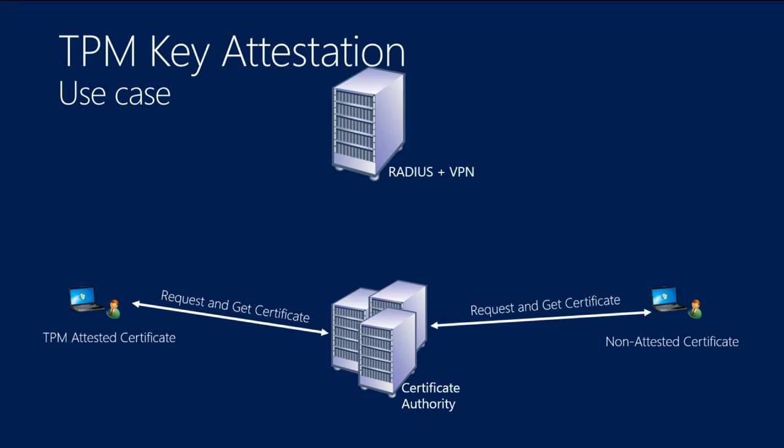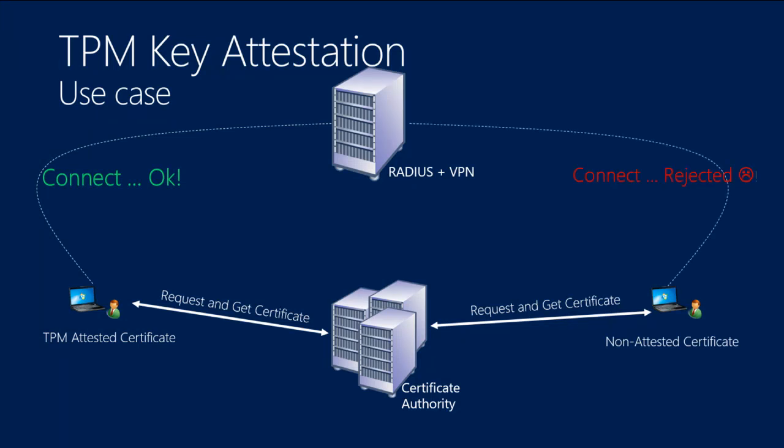What happened after that, the RADIUS server has a policy to look at those specific OIDs that we added to the certificate. And the RADIUS server that will grant access to your VPN connection would check this special OID and will say, yep, I can allow this user through because I know, and it's cryptographically proven, that this user is using certificates and keys validated by the certificate authority, and it's actually not tampered, not replayed. It's absolutely bound to the device that the user is coming from. And so Bob, sorry Bob, he can't get through.